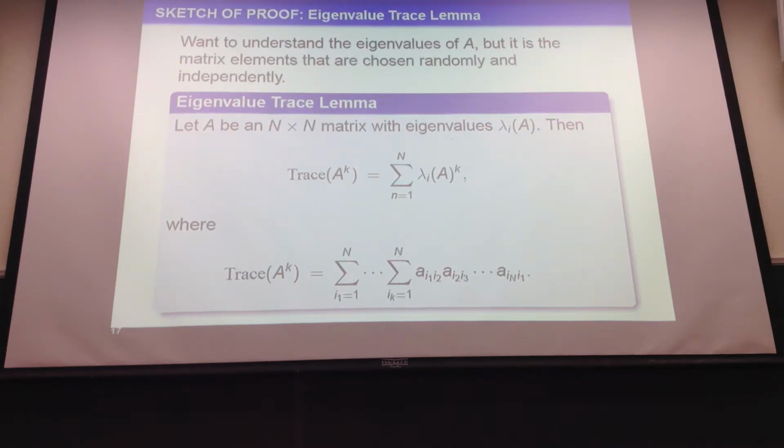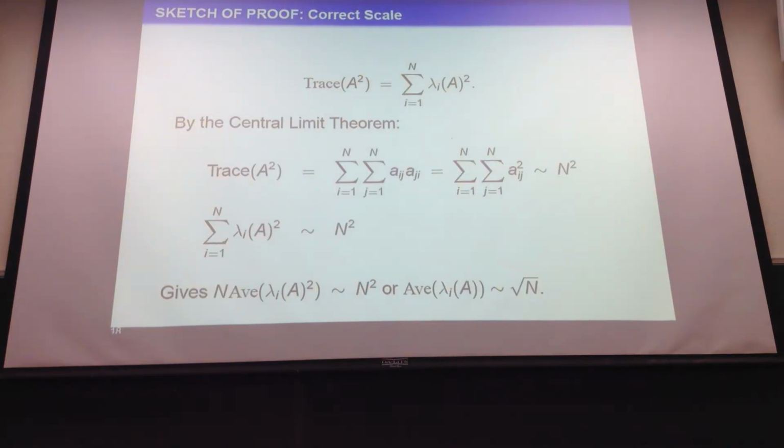All right, so here's the sketch of the proof. So we've talked about the eigenvalue trace lemma and why it's important. It relates the sum of the matrix elements, which we understand, those are what we choose, to the eigenvalues, which is what we want. And so we talked about how to get the correct scale. So the trace of A squared is just the sum of the eigenvalues of A squared. So the central limit theorem basically tells us that it should be of size n squared with fluctuations roughly of size